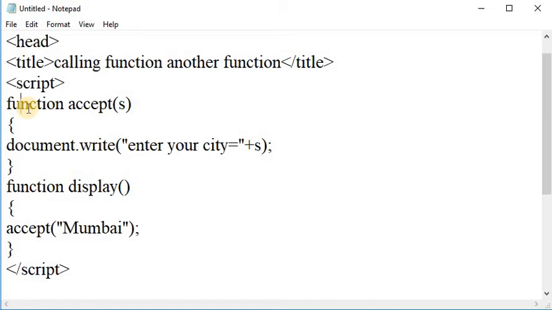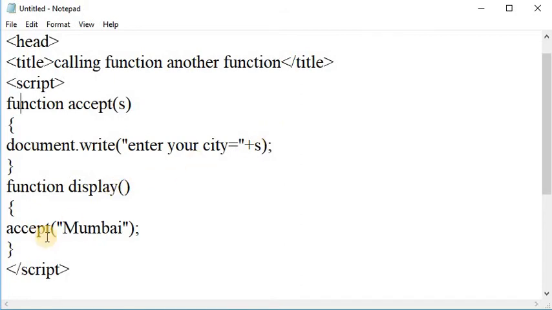Suppose you write an uppercase letter, then there will be an error. Function keyword accept. Accept is a function, and here I am passing s as a parameter, and by using the write method I am entering a city. Enter your city equals whatever the result of s is, it will display on a web page.